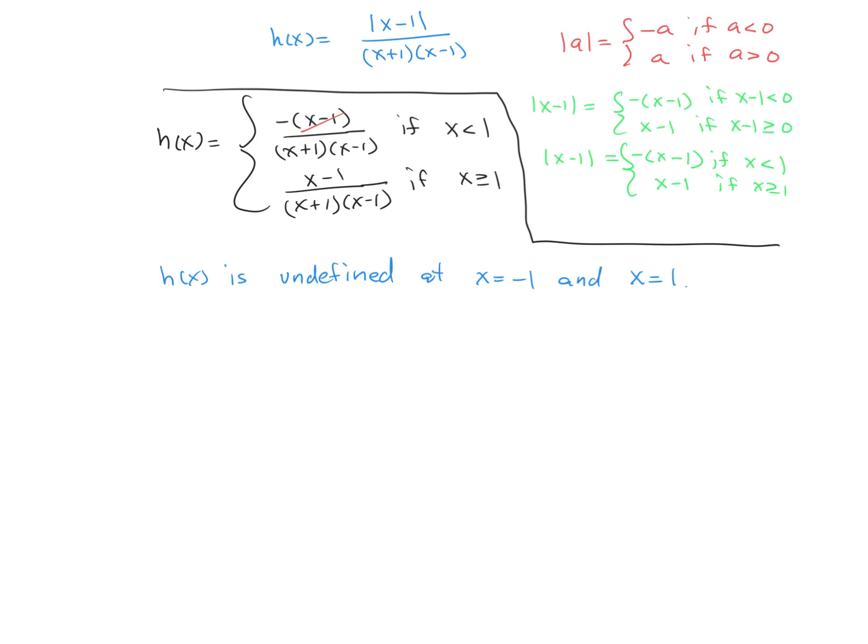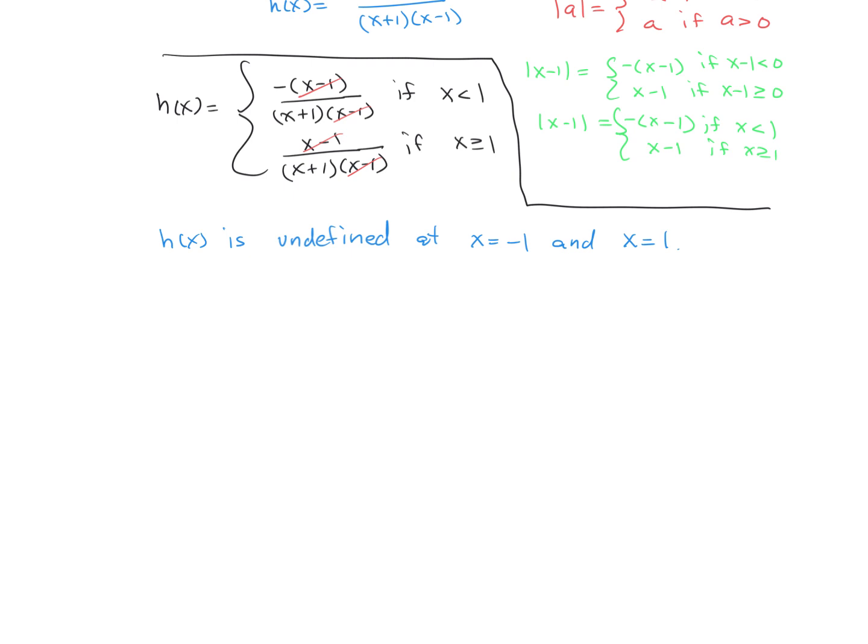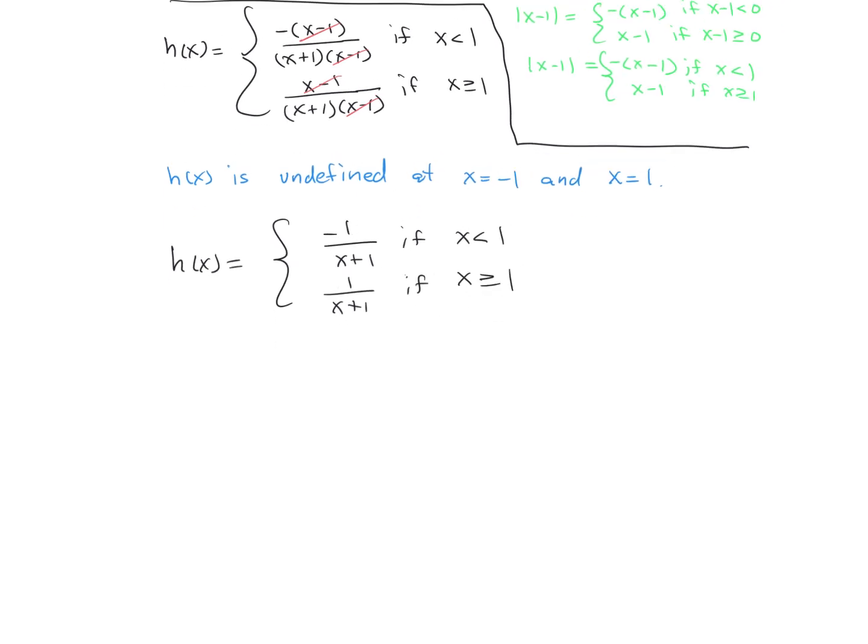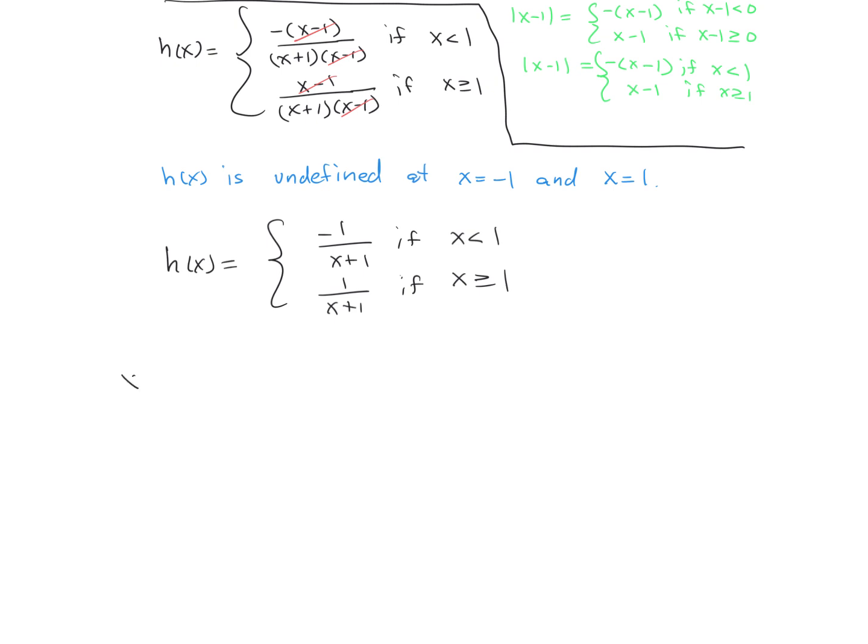So in our top piece, we can cancel out the x minus 1. So a simplified and cleaned up version of this function is h of x is equal to -1 over x plus 1 if x is less than 1, or 1 over x plus 1 if x is greater than or equal to 1. So let's first take a look at what happens when x is equal to -1. You'll notice right away that we can't find this limit by direct substitution, because -1 makes both of those pieces undefined. So this limit is not going to exist